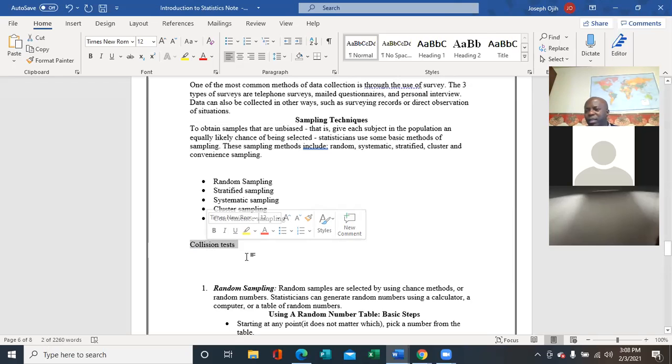Now, if they decide to test all the cars, it means that they will damage all the cars, because collision tests involve hitting the car, simulating an accident. So you're gonna crash all the cars, and that year you won't have anything to sell. So in some cases, studying the entire population can be either too expensive or even impossible. So that's why we select a sample.